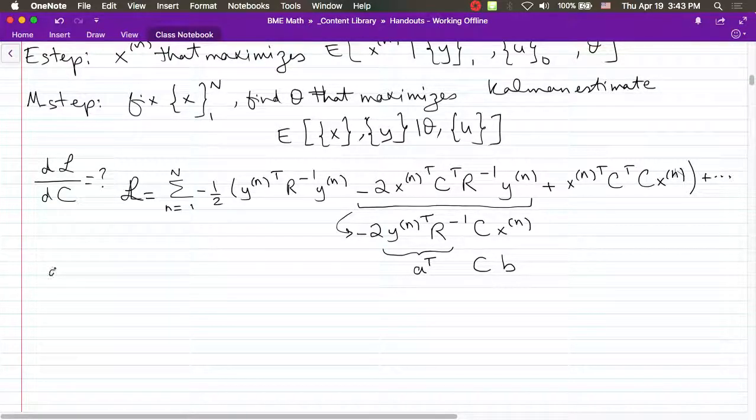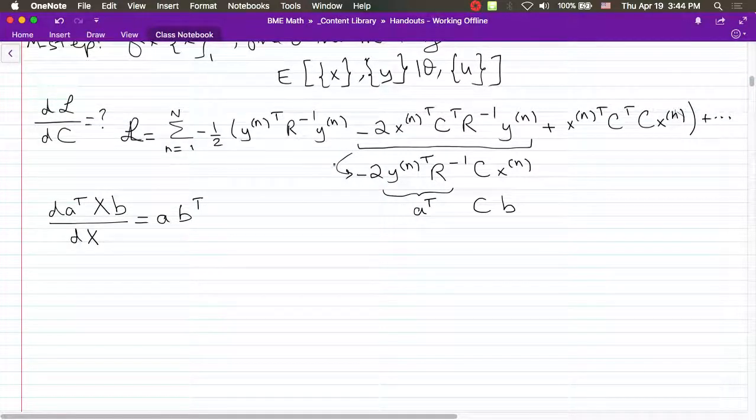So we can use an identity. Derivative of A transpose matrix X times B with respect to X is, of course, going to be a matrix. And in this case, it is A times B transpose. So then the derivative of this structure, derivative of my likelihood with respect to the matrix C, is going to be